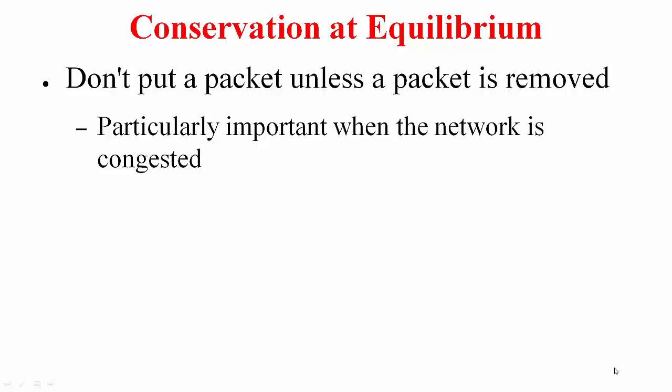So if you're doing self-clocking, when do you think you will put a packet before you remove a packet from the network? Naturally, when you're doing slow start, when you remove one packet, you are putting two packets in its place. So definitely you're putting a packet before the previous packet was removed. Apart from this, do you think there are other occasions where you can potentially put a packet before a packet is removed? So the hint is sliding window and perceived loss.